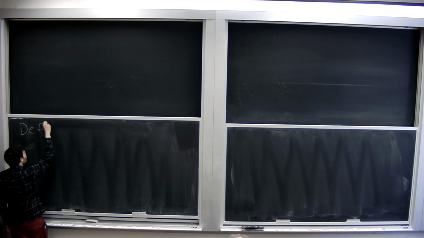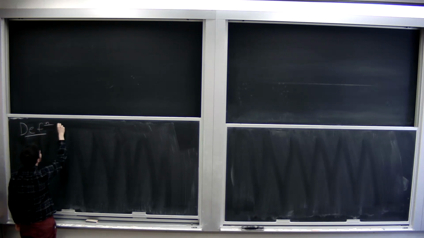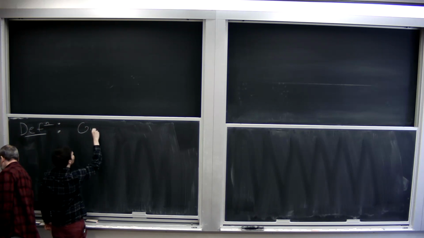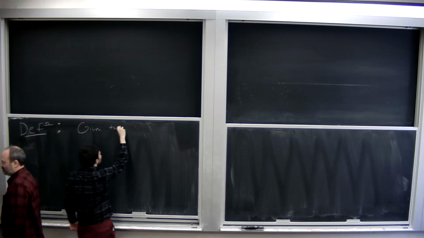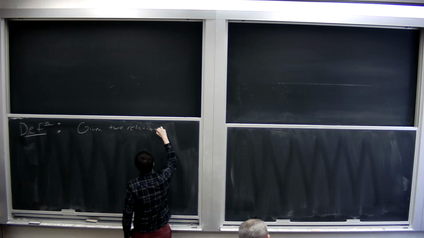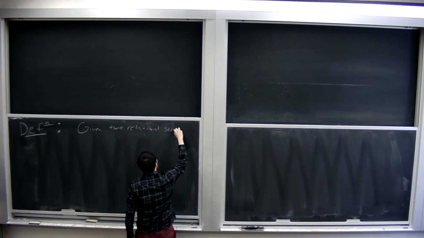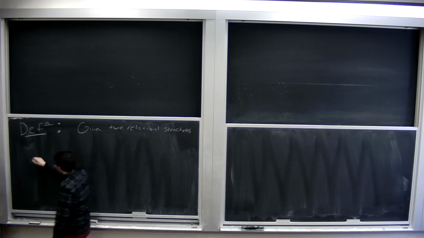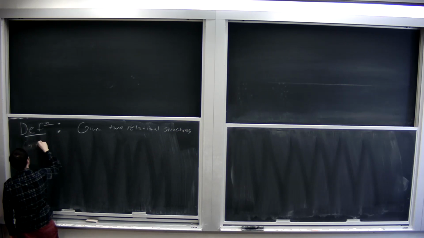Definitions, and then why I was interested in this problem to begin with. Okay. So first, given two relational structures in the same signature L,